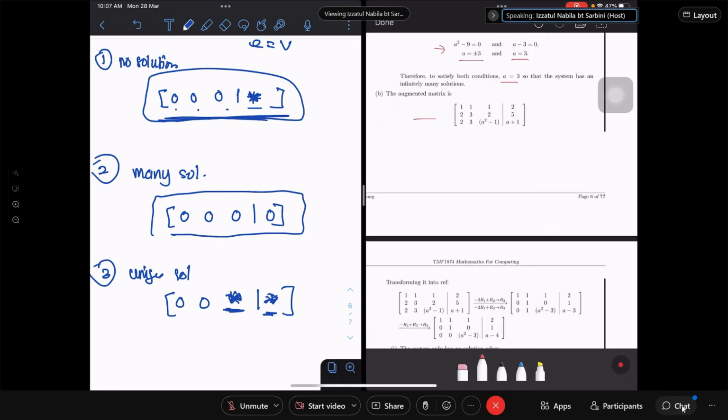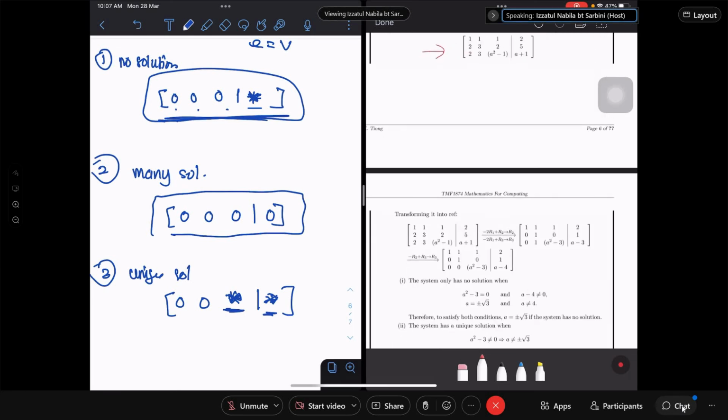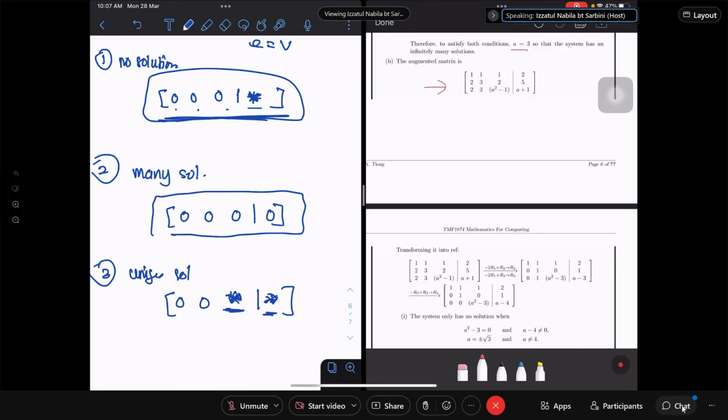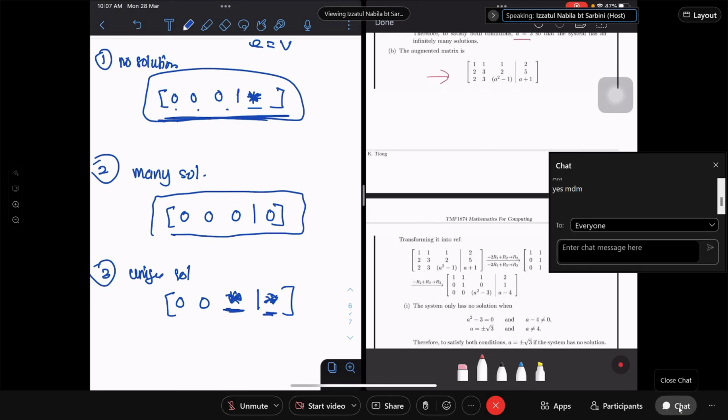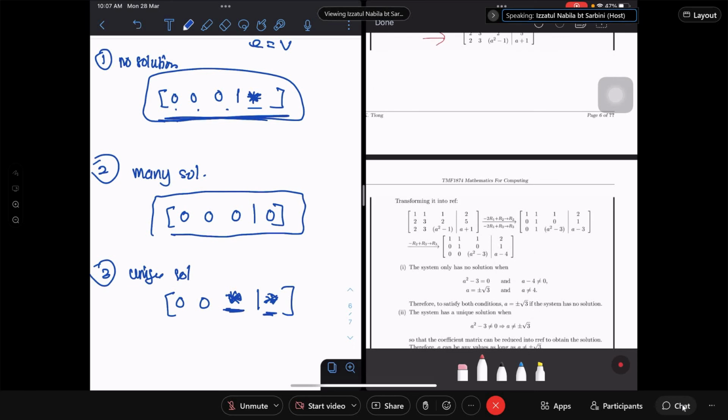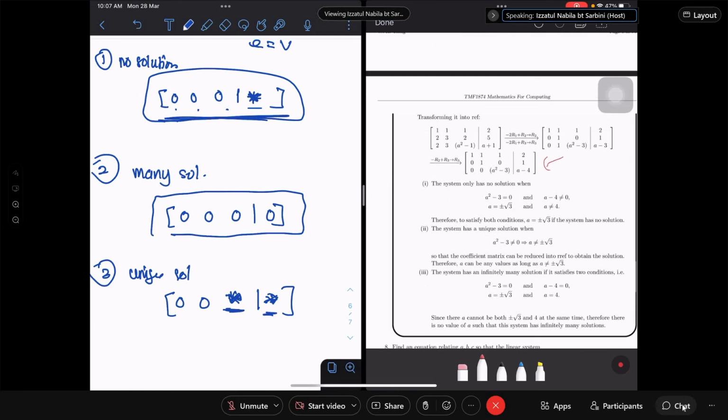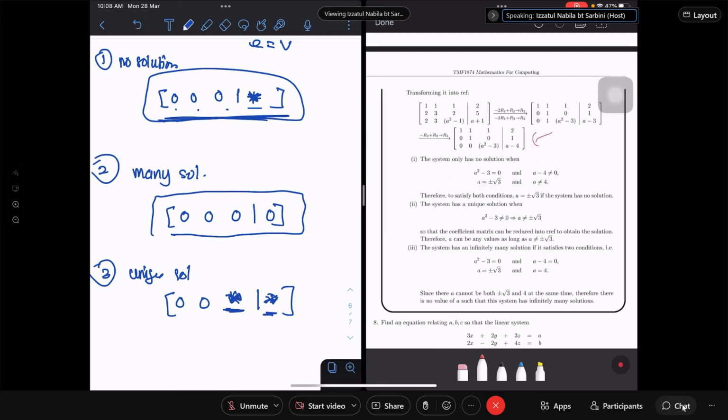Okay, you have the augmented matrix given to you. I think it's not given, right? You have to write it in terms of the augmented matrix. And then the second step will be to reduce. There's nothing else. When solving a linear system, usually we reduce. Alright, so we reduce, and we have this. So the similar thing, you have to know this